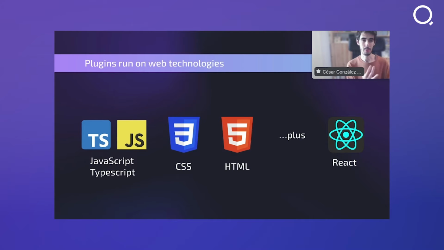You can use JavaScript or TypeScript. That's up to your own choice. And then you build the UI and the visualizations in the application using HTML and CSS. Since it's a web application, you can integrate any of the other common web libraries out there, like React, or Vue, or any other library of your choice,